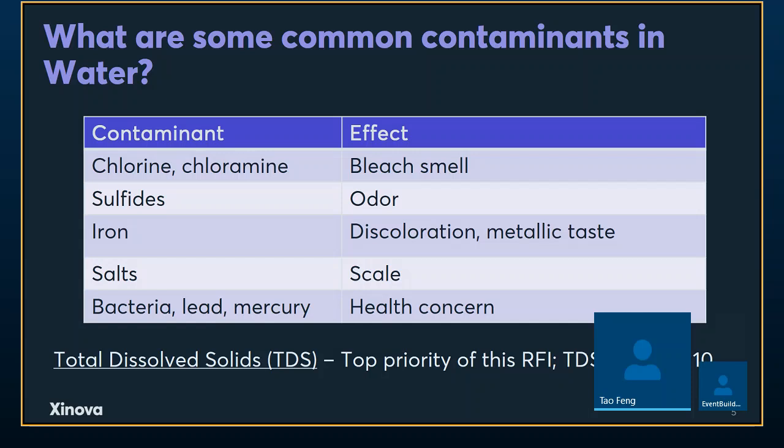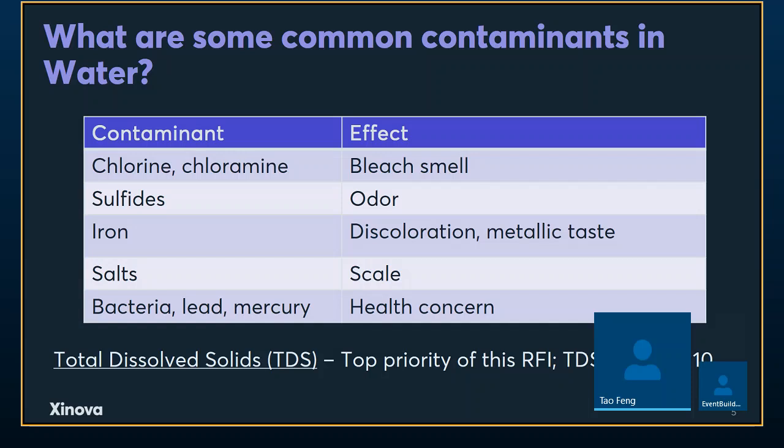Another odor of the water is this rotten egg smell. This is because of the hydrogen sulfide in the water, and it is produced by bacteria. We're also very familiar with this kind of smell. And iron and other metals can give the water a bitter and metallic taste, and this is certainly not desirable. And salt contaminants, such as carbonates or sulfates of calcium and magnesium, will crystallize along the walls of